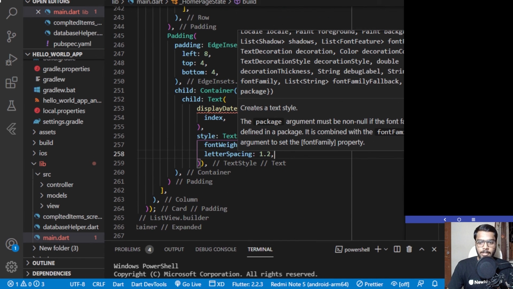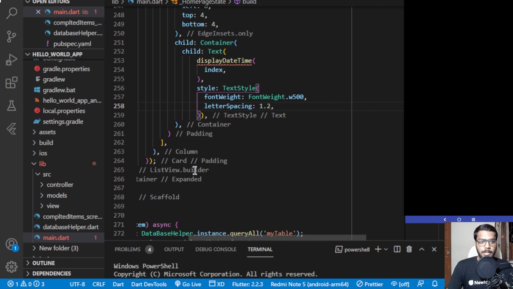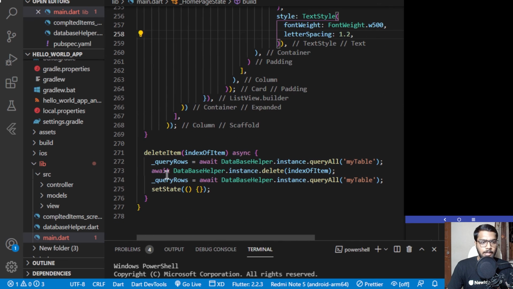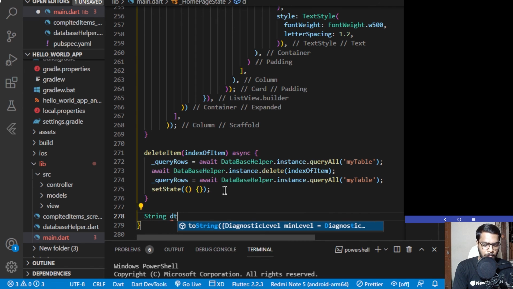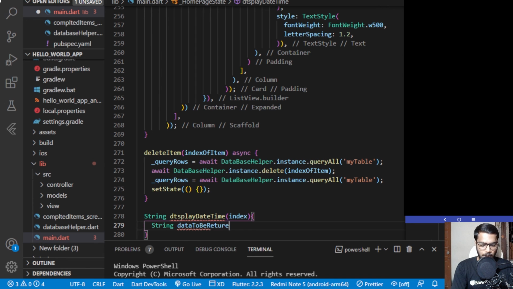And now we need to create this display date time function over here. So let me create that quickly, and after this delete item I'll be creating that. So it will be returning a string. The name of it would be display date time, and it will be taking the index of the data to be displayed. And here inside this I'll be creating a variable of type string. So it will be having the name as data to be returned,